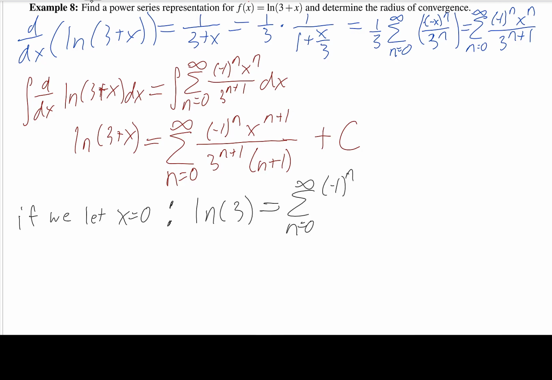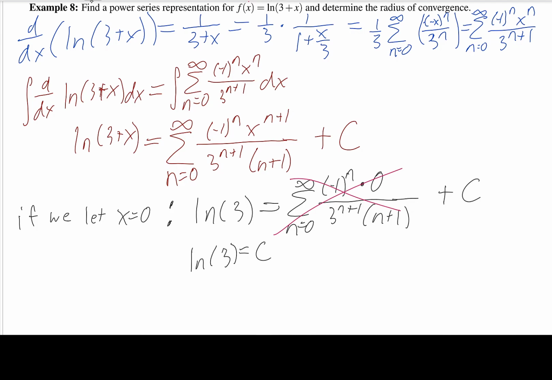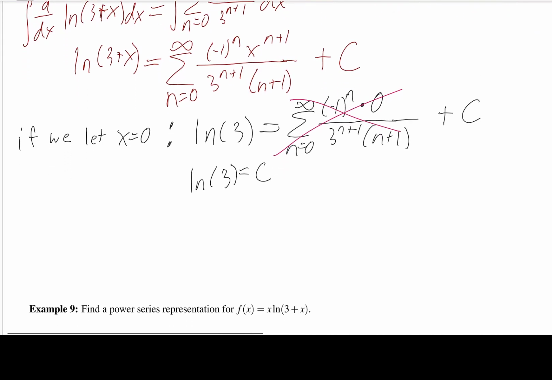Plugging in x equals 0, I'll get 0 to the n plus 1, which is 0, over 3 to the n plus 1 times n plus 1. And so notice we'll get a 0 on top here, and 0 divided by some non-zero constant is just going to be 0. So this actually goes away, and we get ln of 3 equals c, which tells me that my representation for